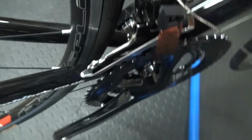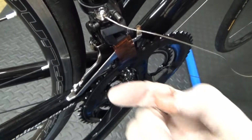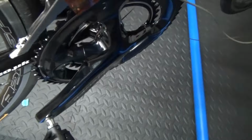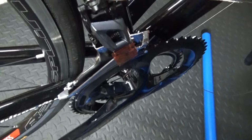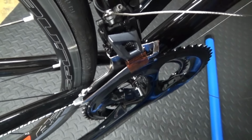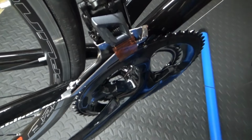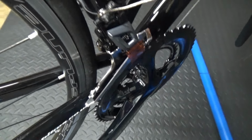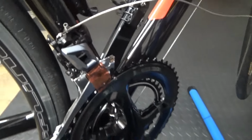So once you've done that, you're still in the bottom chain ring position. What you've got to do is shift your lever fully over, so you're on the outside, shifting up to the big ring, like so. Then you just come back slightly, just that one click, not so it moves over to the small one again. You just go on up to the top and back one click, and then once you're in that position, you can go ahead and get your 2mm Allen key, like I said before,